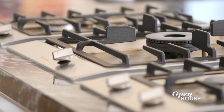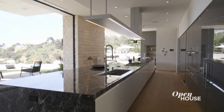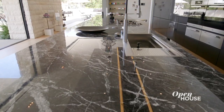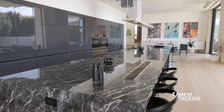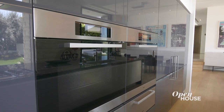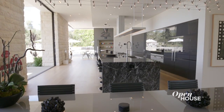People ask all the time, what's the most important room in a house? It's the kitchen, and this kitchen is the best that LA has to offer. This island alone took 8 slabs of marble to create. This is the ultimate gathering spot. You got custom appliances. I love the chandeliers throughout. This space is so big that even when you don't want to be around people, you can be in the